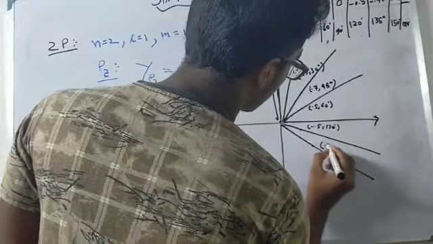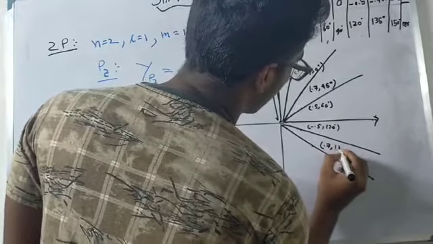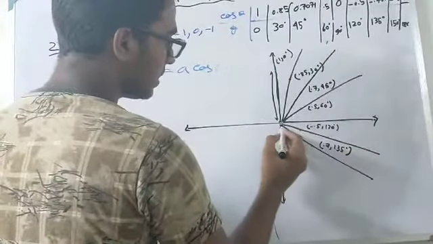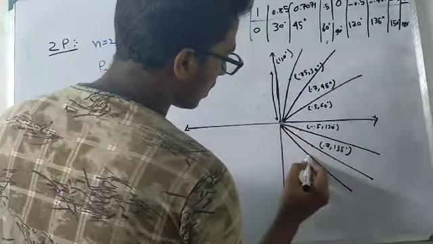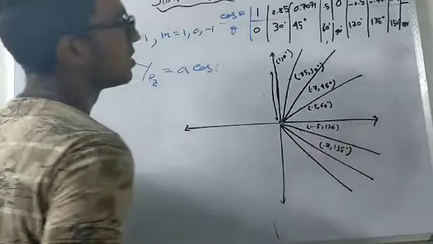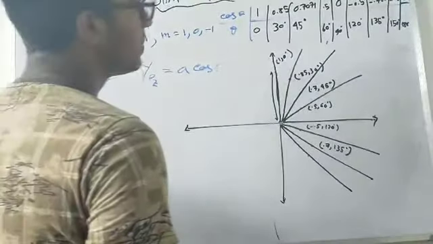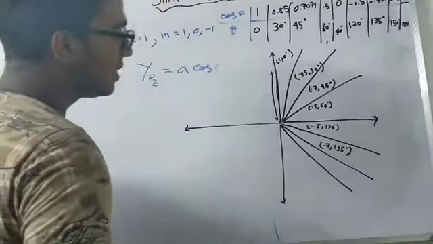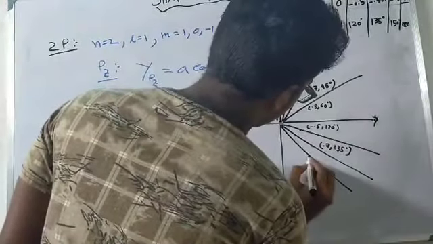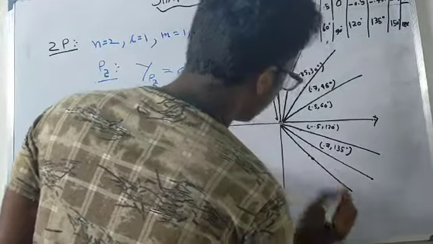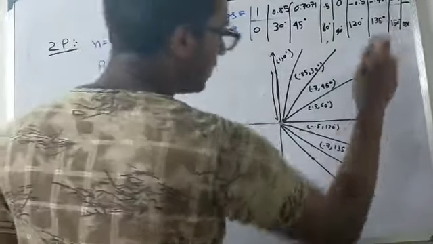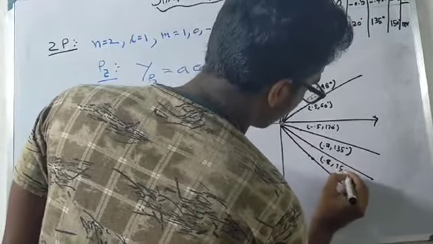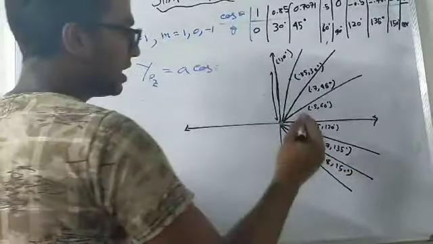So 0.7 comma 135 degree, then my angle is 150 degree. Let's say the value is 0.8, so 0.8 comma 150 degree, and last value is